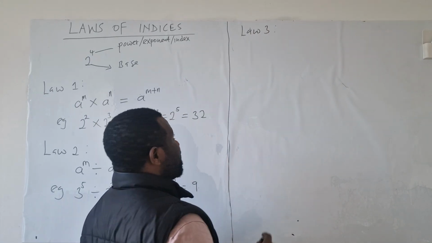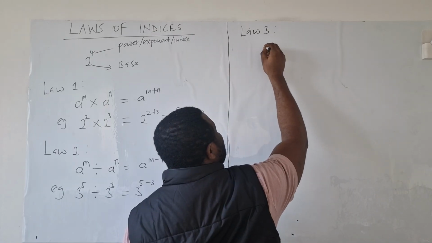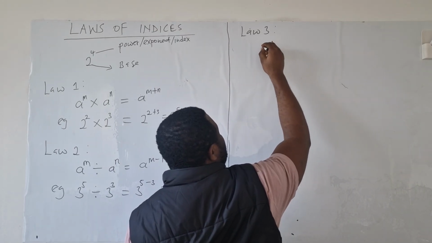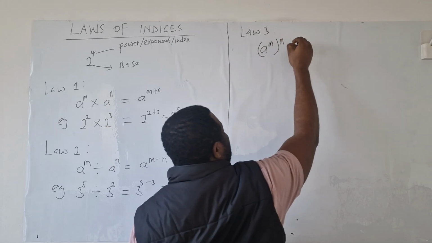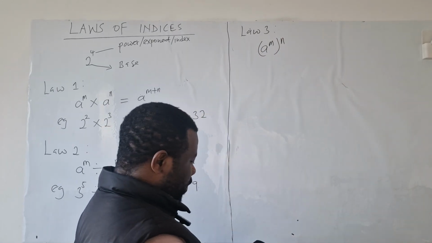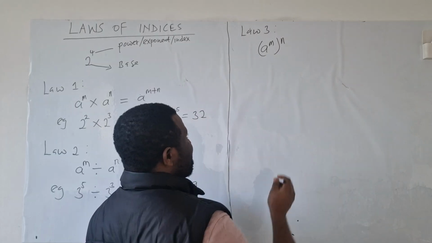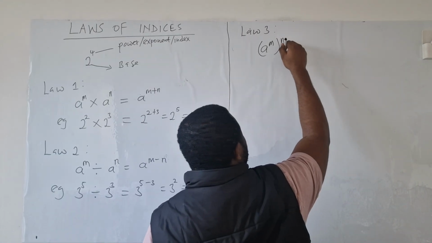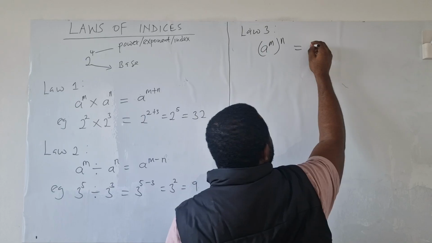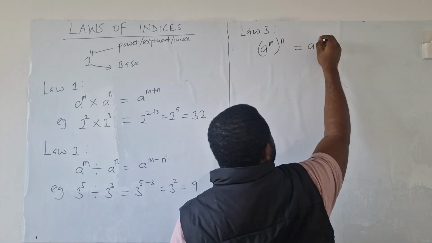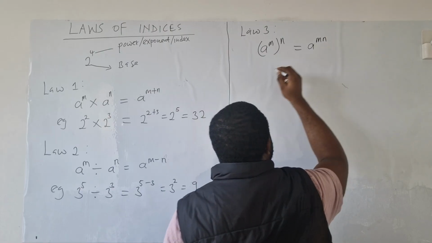Now, law 3 says that if I have an index number, let's say a raised to the power m, raised to another power, this can be written by multiplying the two powers together. So a raised to the power m, all raised to the power n, gives us a to the power mn. Example,